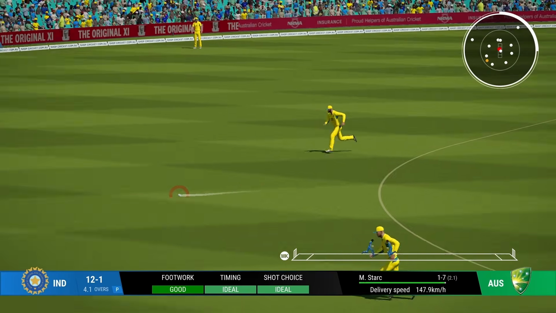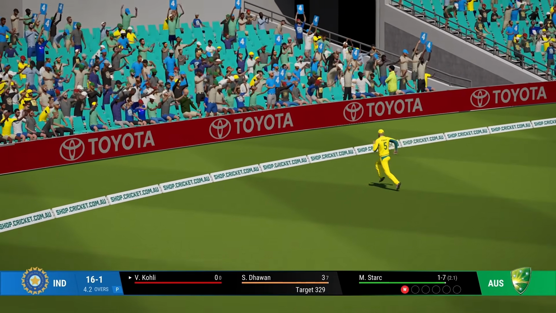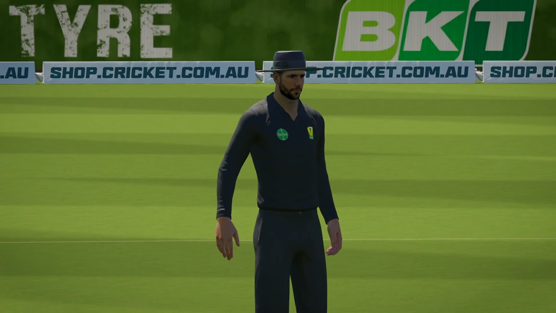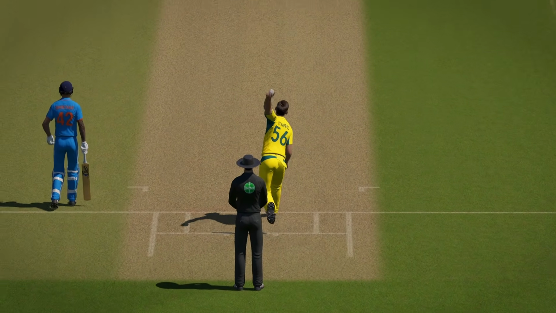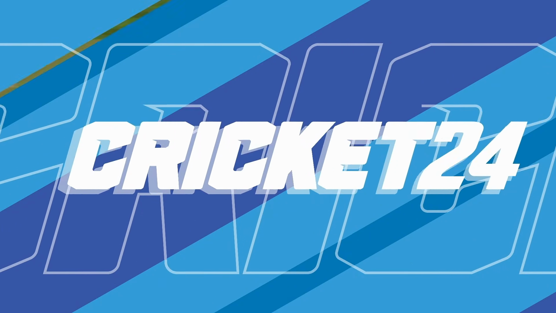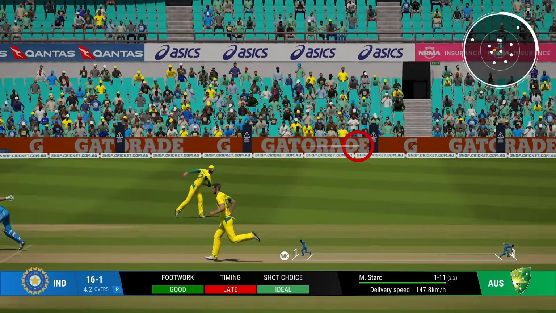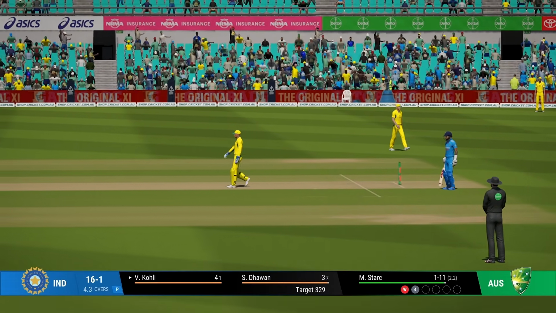That's an amazing shot. First ball, and I think, yeah, it is 4. What a lovely drive. It's full, and we played one of the best shots. I don't think we can top that even if we bat the entire 50 overs. Full toss this time, but I'm late. Come on, that had to be put away as well. That was there to be smacked for another boundary.